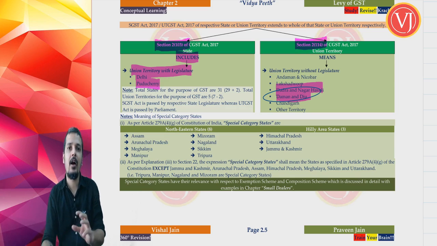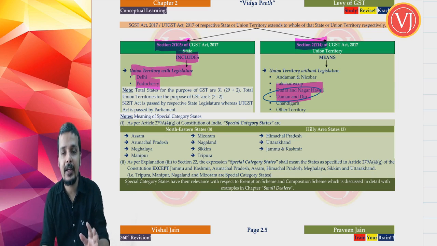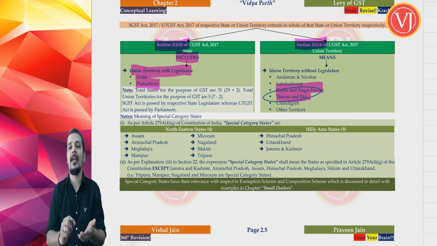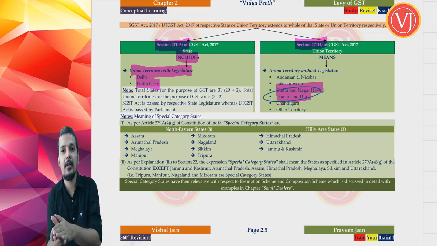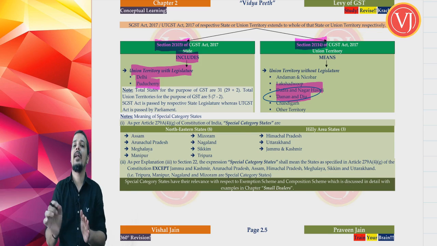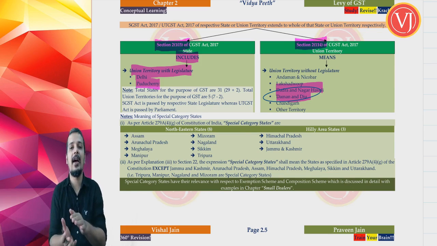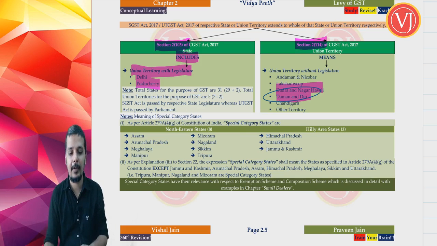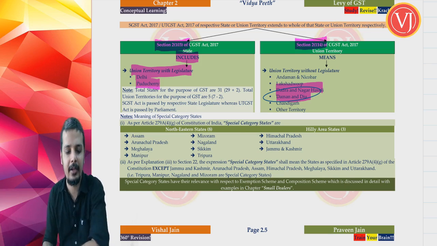Right. So we are not discussing the special feature with respect to Jammu and Kashmir, which practically it is effective, but there is some problem with the provisions in the Act. We are not going to discuss Dadar and Nagar Haveli and Daman and Diu as 1, which practically is effective. It is today 1, but there is no clarity in the provisions. The effective date is yet to come. Therefore, we are going to discuss them as 2 separate union territories. So you have to keep that in mind, and in any updates, we'll be getting those updates for sure.